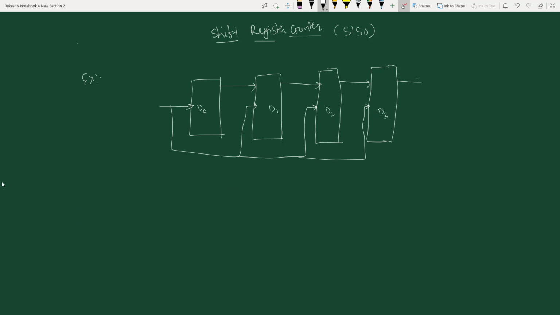Now I'm going to make a small change here. I'm going to make this last output a feedback to the first flip-flop input. This is the first change: feedback. And the second change is that I'm going to manually set the D0 output to 1 for a short period.